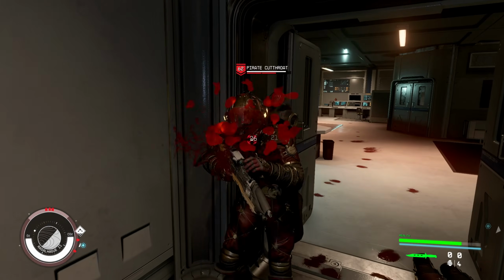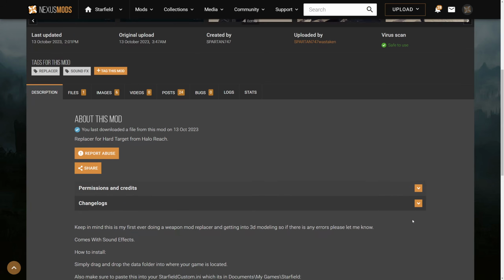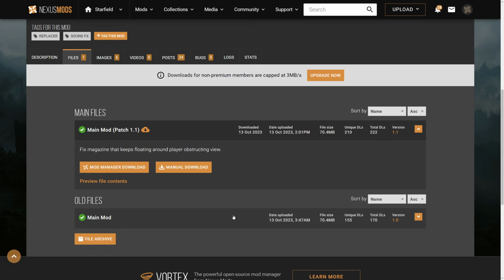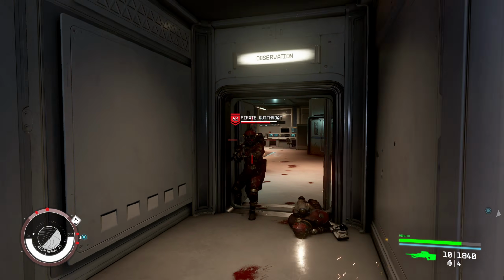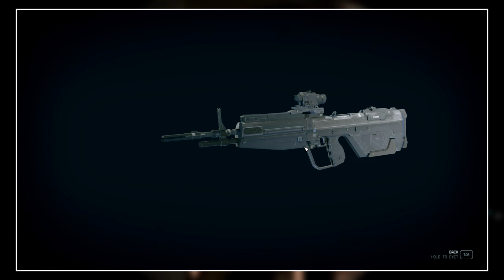And then next up, we have some Halo weapon mods, starting off with the Halo Reach DMR. And this is a replacement for the hard target. And what's pretty nice about that is that the hard target is actually a really strong weapon in Starfield, so you're actually able to use this if you're on a much higher level character facing much higher level enemies,